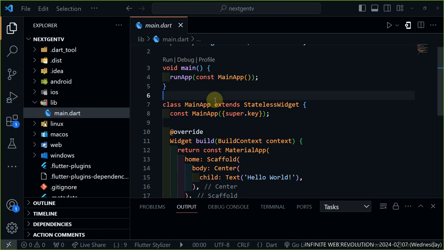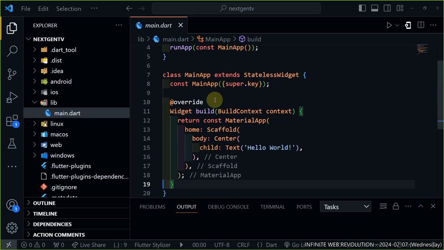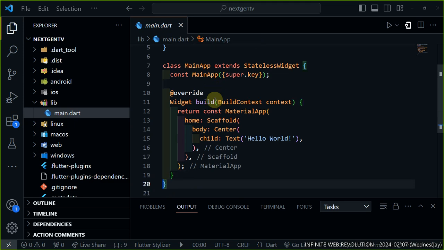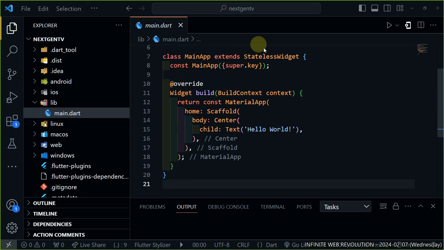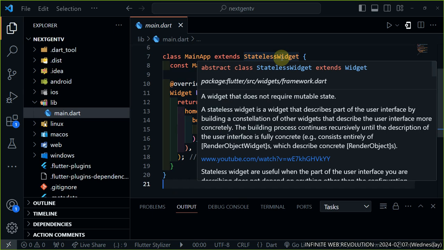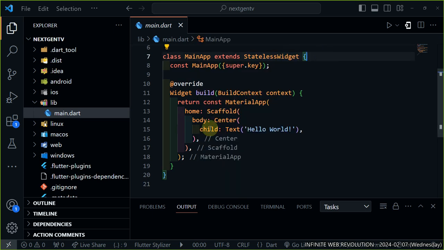That's when we have actually finished talking about our widgets. Okay, now let's look at something. This is an example of a stateless widget. I want to show you how to build a stateless and a stateful widget. So if you are in Flutter,